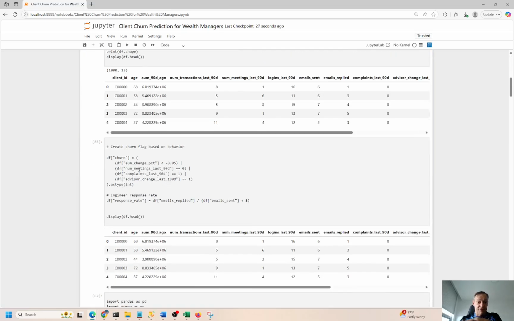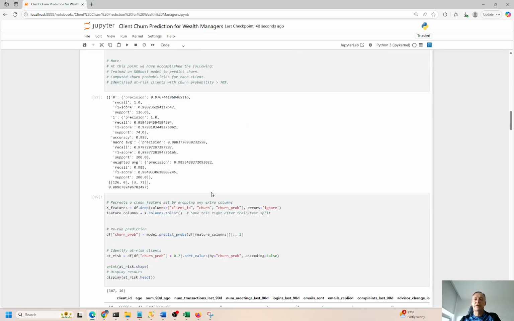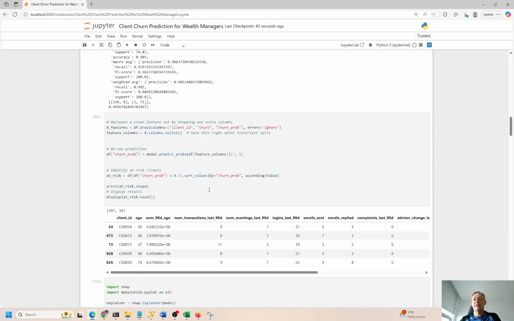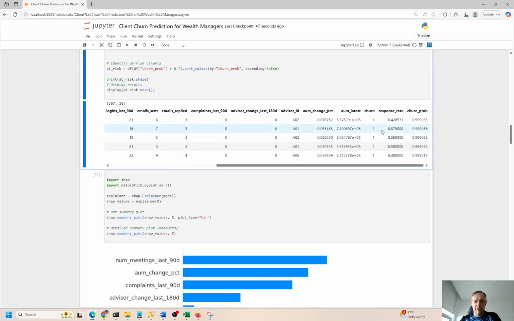Okay, so back to here. This is what I want to show you. So here's the churn, right? So very basic, very primitive kind of setup here. But is this really machine learning? No, this is nothing. This is just basic logic that we came up with to try to determine what is a churn event, right? But I want to understand what's the probability of this actually happening? Not is this going to churn or not churn, right? I want to understand the details or the minutia or the